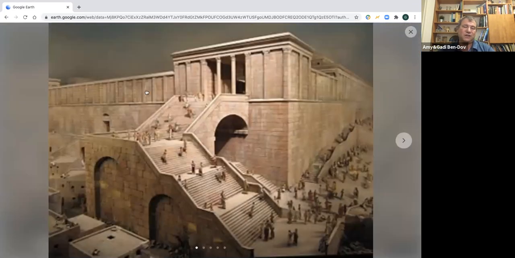The second source of information about this temple is a guy named Josephus Flavius. Josephus Flavius is a Roman historian, a Jew essentially, that turned himself over to the Romans. He's originally Yosef ben Matityahu, Joseph son of Mattathias. He surrenders to the Romans during the Great Revolt in 66 CE, and he becomes the Roman News Network correspondent